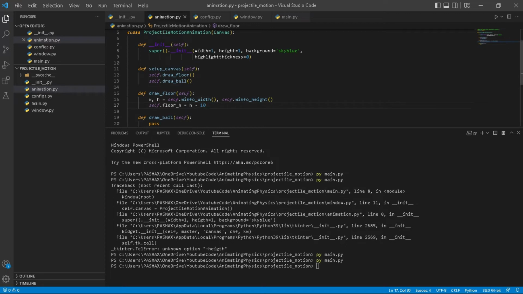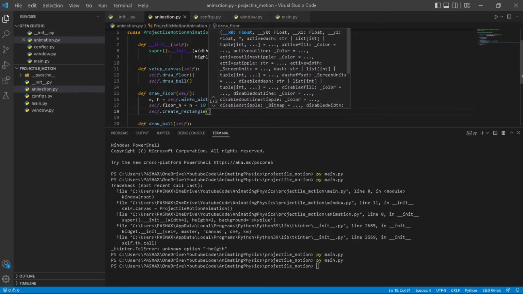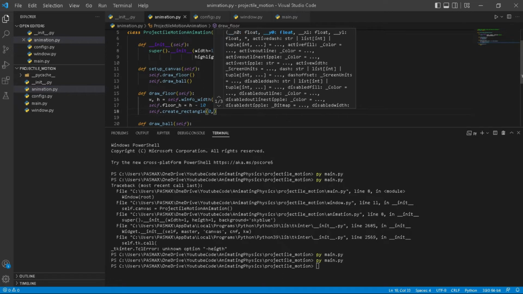And we actually create a rectangle, which will be our floor. So the first two numbers we're going to put in are the xy for the top left point of our rectangle. And so for our x, it will be 0. Because it's our top left point, we're going to be on the left edge of the canvas. And our height will be floor height,